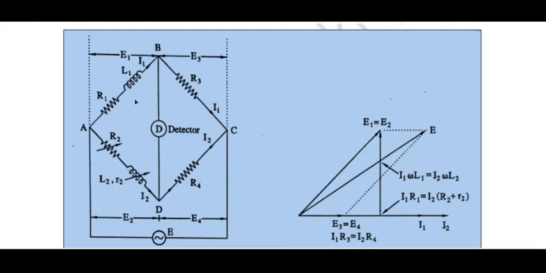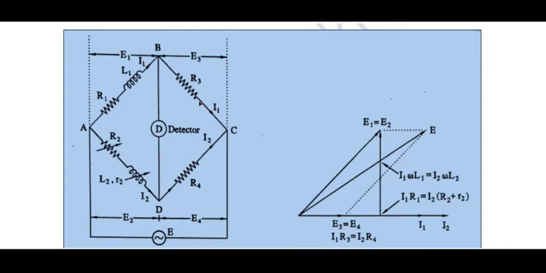Now for this unknown inductance, a standard inductance and also standard resistors are connected over there. There are two standard resistances connected over here. This R3 is known as the standard resistance, and this R4 is also a standard resistance. They are also non-inductive resistances, बिकॉज यहाँ पे कोई भी इंडक्टेंस जॉइंट कनेक्ट नहीं हुआ है, तो उसको हम नॉन इंडक्टिव रेजिस्टेंस भी कह सकते हैं, ओके।